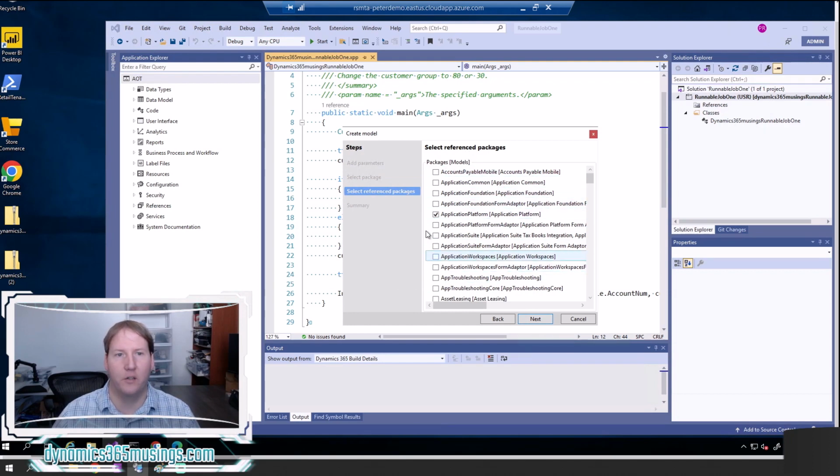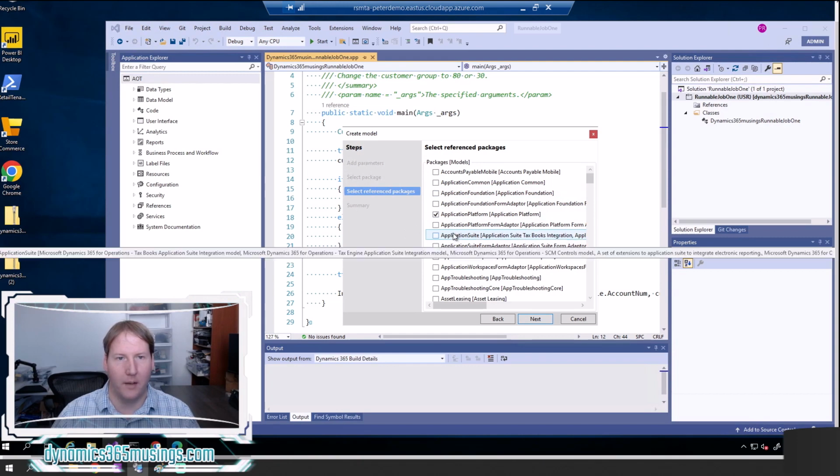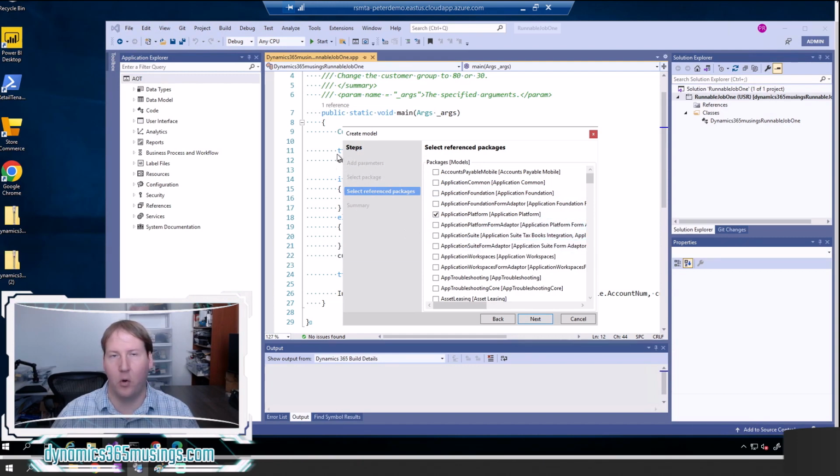This is a little bit harder to explain, but basically any code that my model might reference, I need to make sure I check the checkboxes where those objects exist. So in this case, I'm only referencing the cus table. I think that might be in one of these, Application Foundation or Application Platform. I guess we could check real quick. But otherwise, if you just want a good